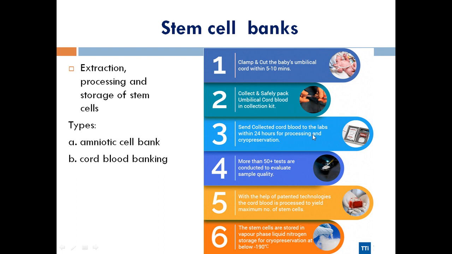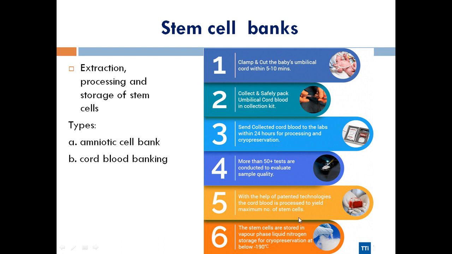From that, the stem cells have to be collected and cryopreserved, after being checked to evaluate the sample quality. The meaning of cryopreservation: preservation, we all know, is storage. Cryo means that we are going to store the particular stem cells at low temperature. Low temperature depicts minus 196 degrees centigrade. So cryopreservation is freezing and drying. Simply, we can call it freezing and drying. With the help of low temperature, that is minus 196 degrees centigrade, we can store the stem cells,